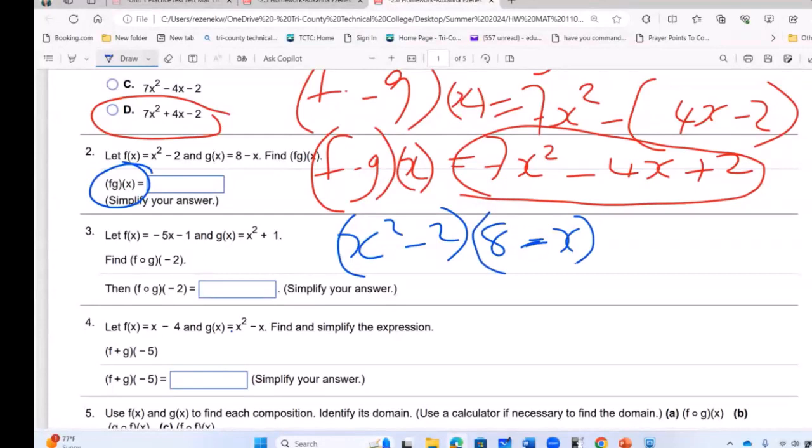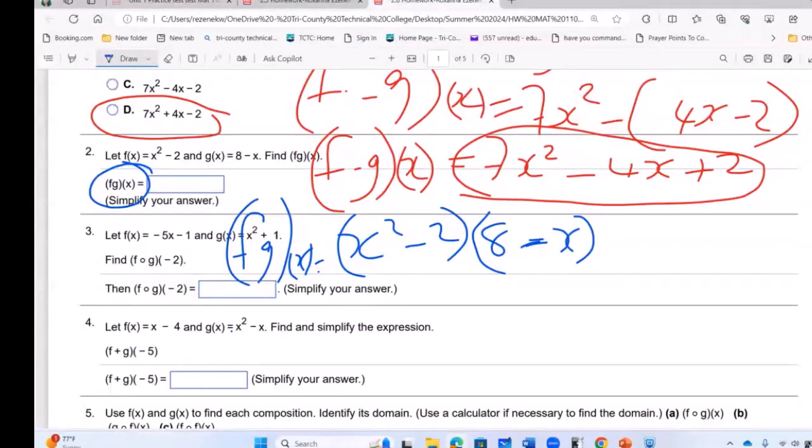What do you do? You will distribute, multiply one function with the other. Remember, you can FOIL it. By the way, you cannot multiply this with your calculator. So there are things you'll be given that you must do algebraically or analytically. You cannot do this one by calculator. All right, so f multiply g of x